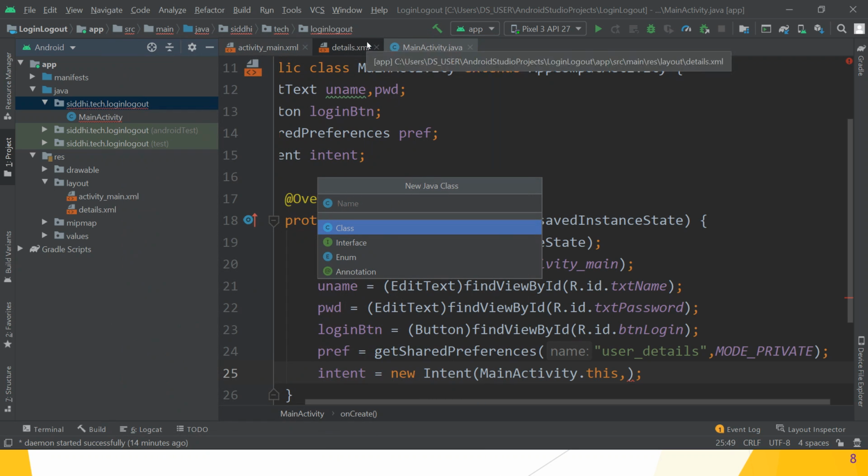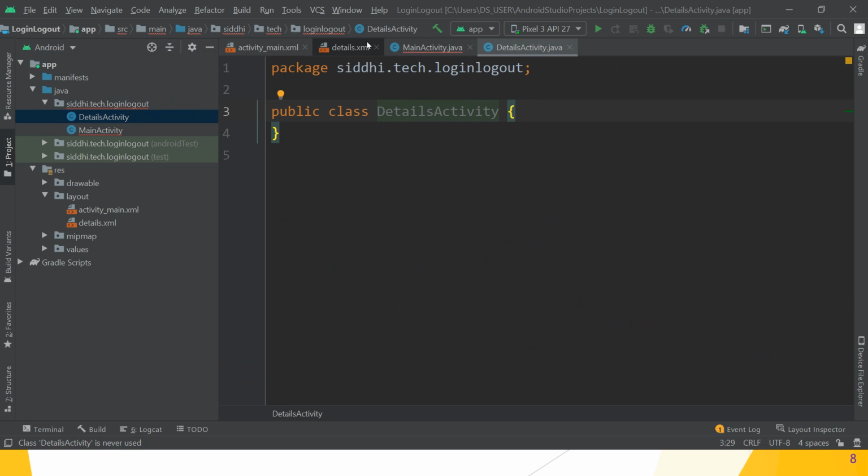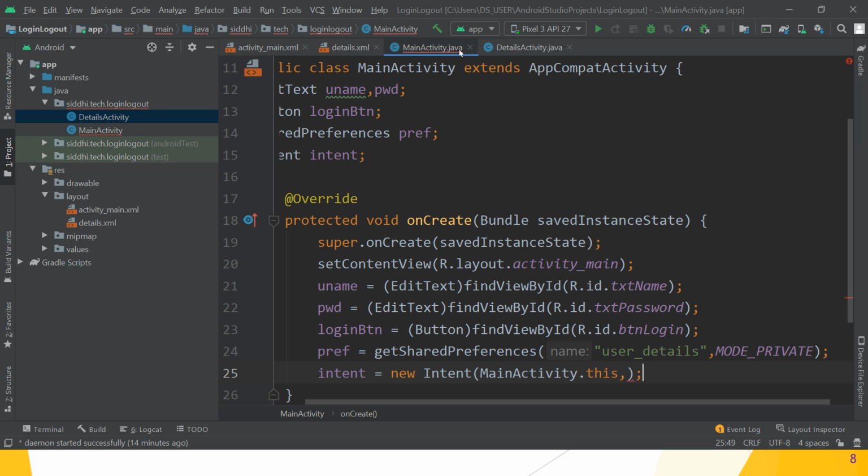Okay, first what we have to create? A new Java class there, and give the name to this Java file as DetailsActivity. So the DetailsActivity.java file is created. Great, guys, hope you understand this part. We will see what is the code in DetailsActivity.java.